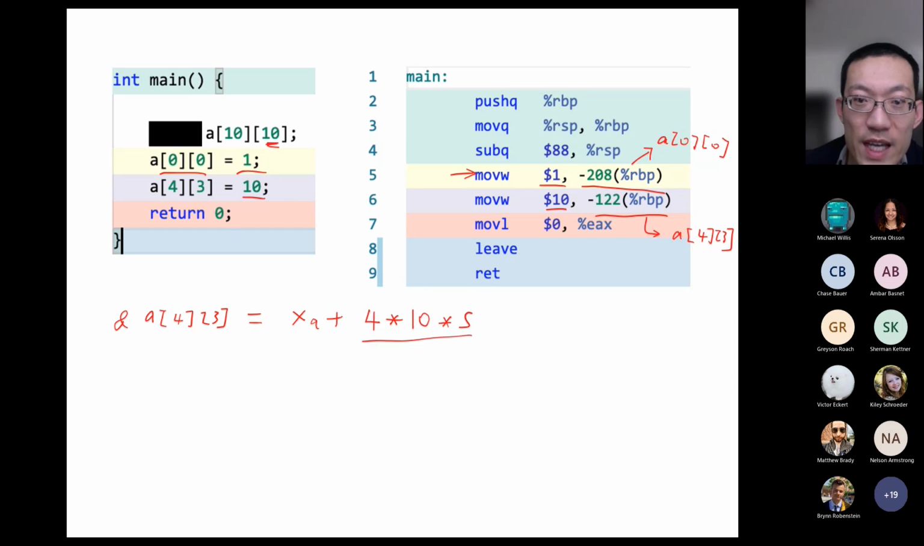This 4 times 10 times S would find A4. After we find A4, we want the offset to find the element indexed by 3. So we put down 3 here and S right here. And we can still do the similar trick. We already know what is the address for A43. A43 is RBP